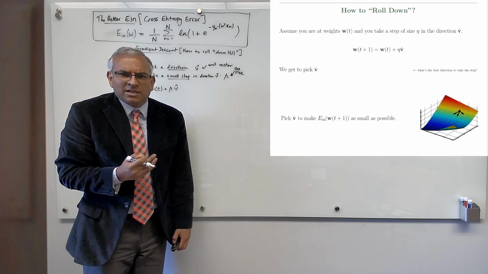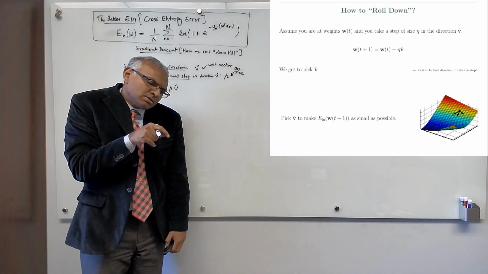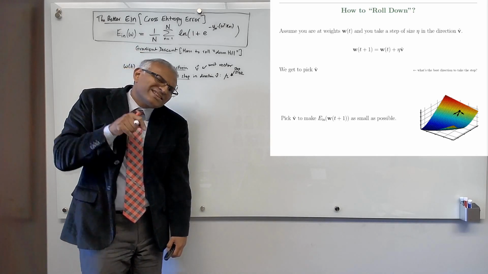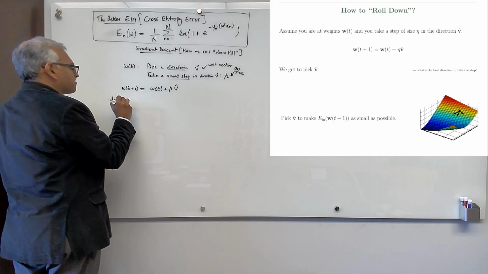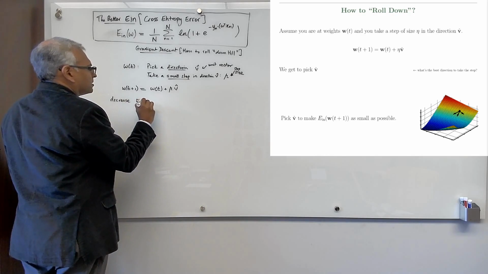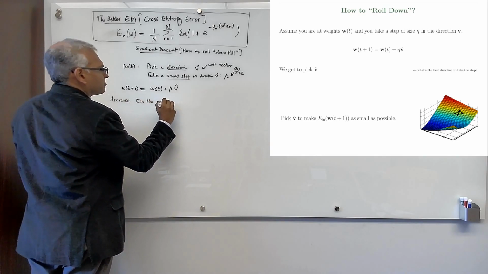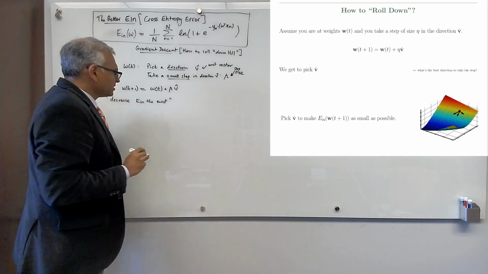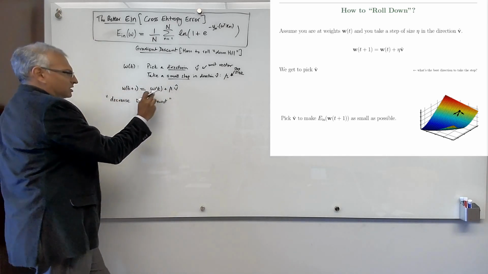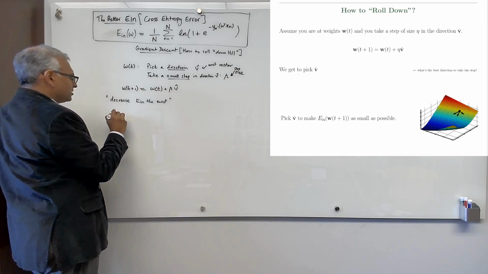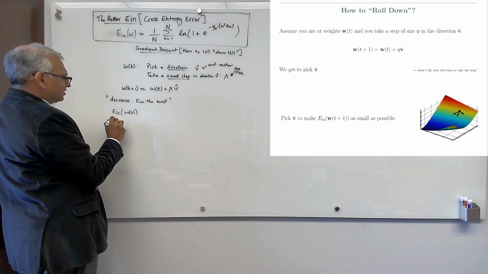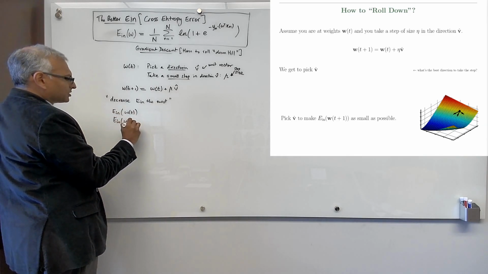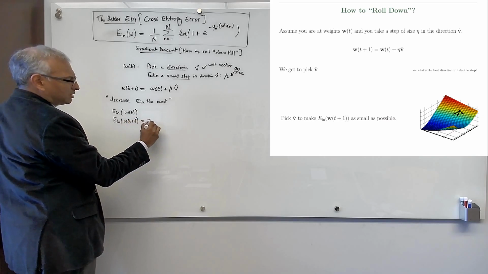So basically, we're trying to ask, what's the direction in which we can roll downhill, and that's steepest? So decrease E_in the most. That's the idea. So let's look at what E_in is doing. Before the move, you have E_in at w(t). And after the move, you have E_in of w(t+1), which is E_in of